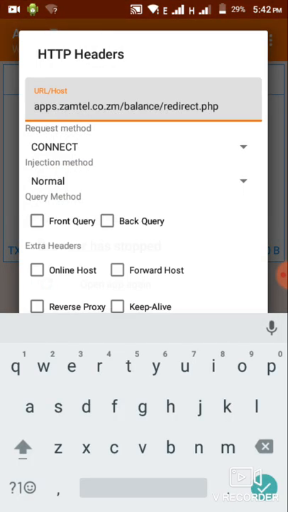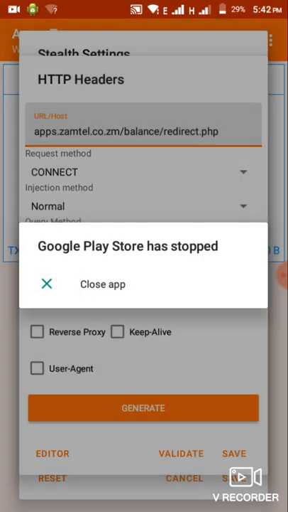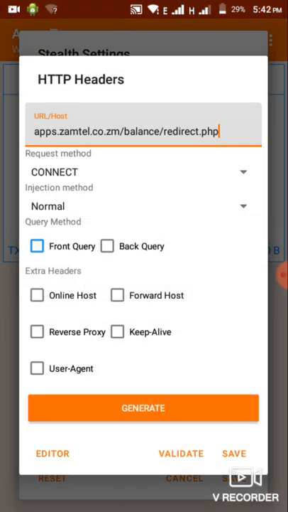My phone is a little bit slow today. So you have to turn on the font query, then the forward post, then keep alive, then online post. After you've correctly put all these in, let's make sure that the custom URL is correct: apps.zamtel.co.zm/balance/redirect.php. Then you have to go and validate,